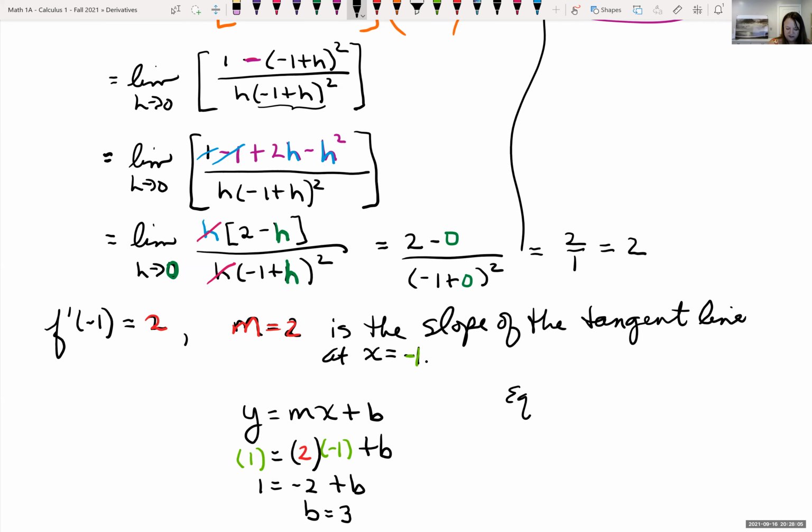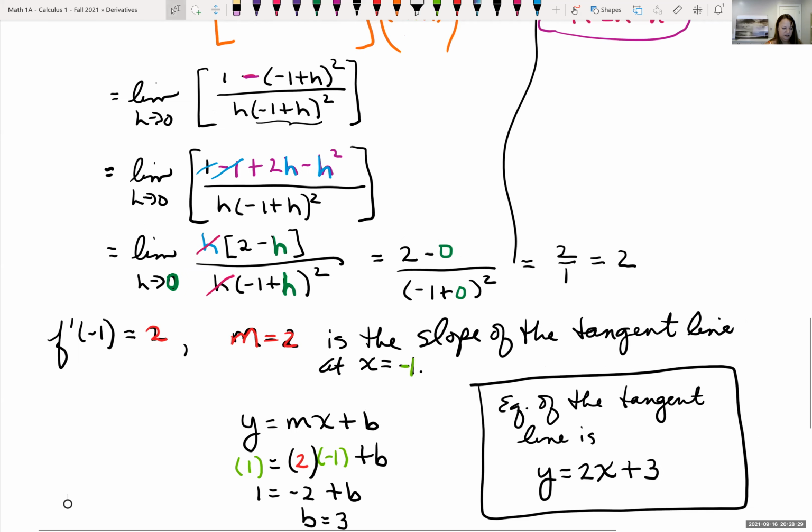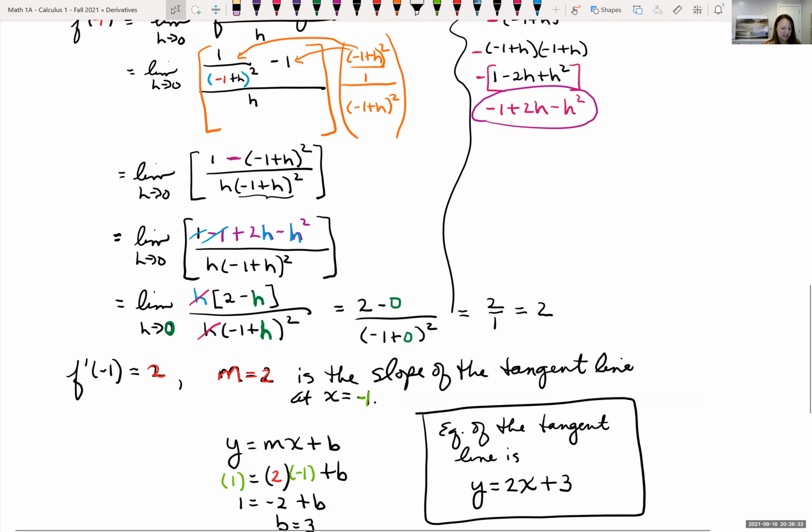So the equation of our tangent line is y equals our slope, which is 2, times x plus b, so +3. Okay, so if we graphed that function,